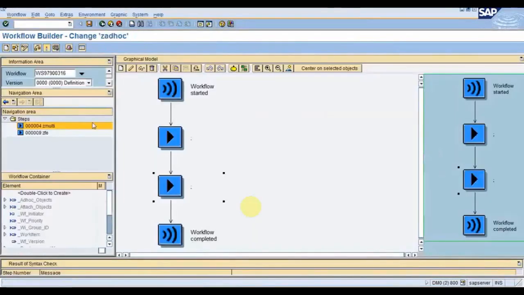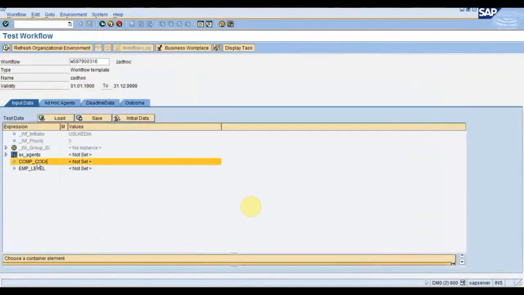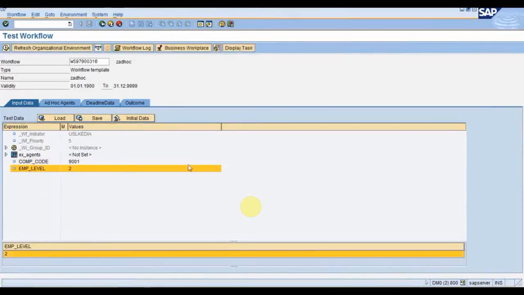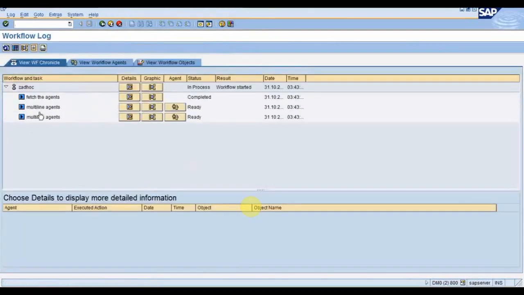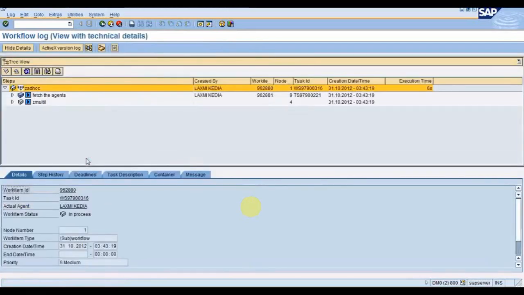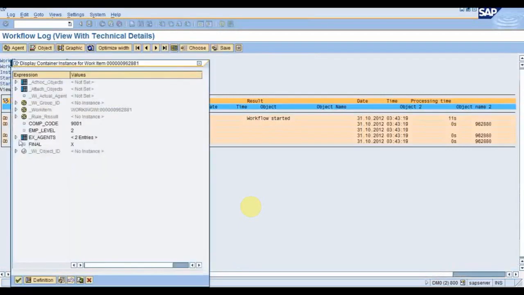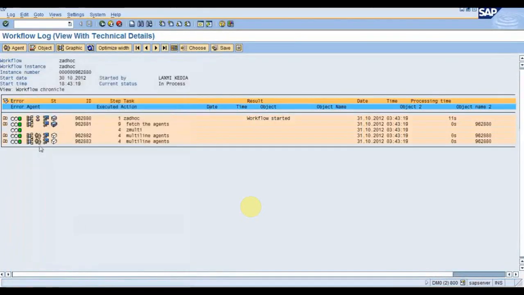New workflow builder. 9001 and employee level 2. So this fetch agents is returning these IDs, LKD and Priyanka.